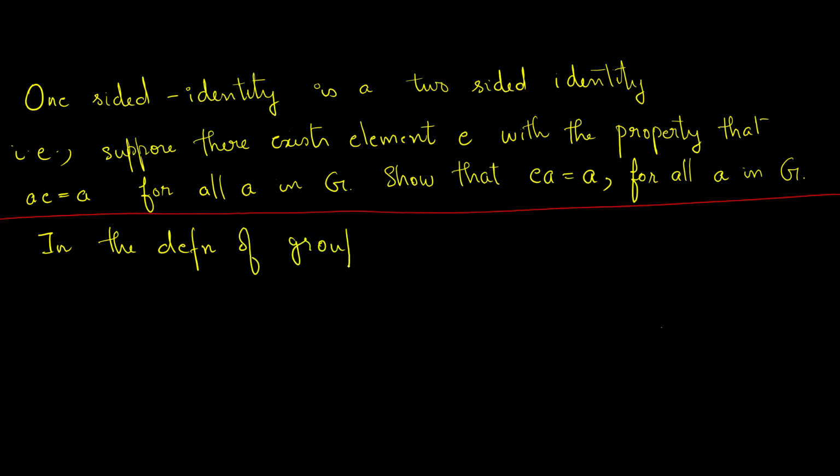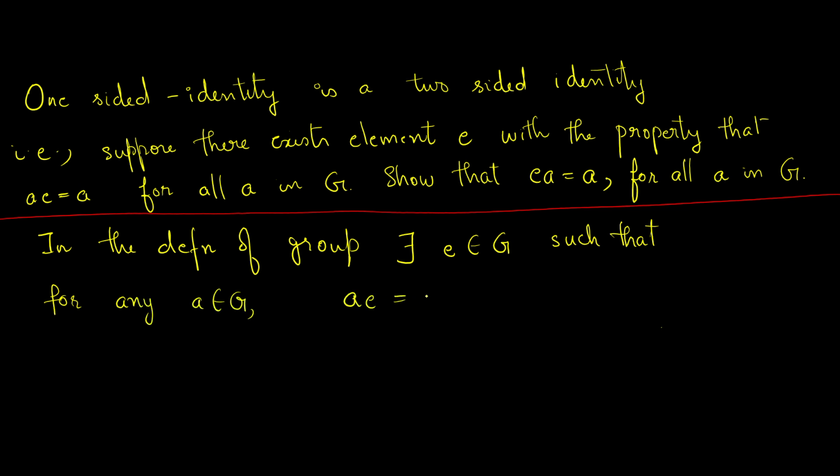First and foremost, G is a set together with a binary operation, right? And this binary operation will satisfy associativity. And as the next condition, we are saying that there exists an element E in G, such that for any A in G, it must satisfy A·E = A and E·A = A,